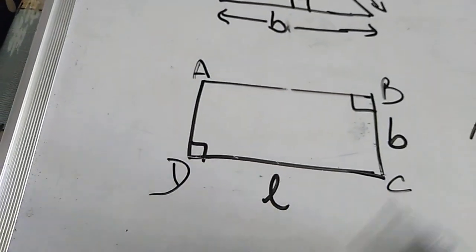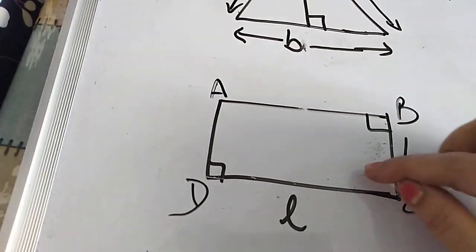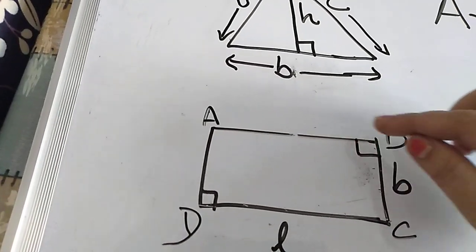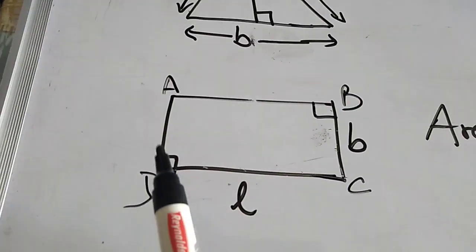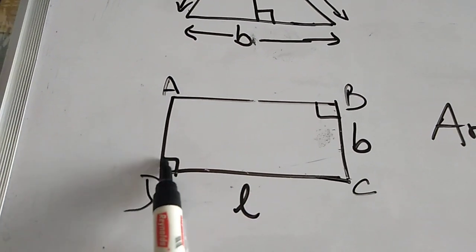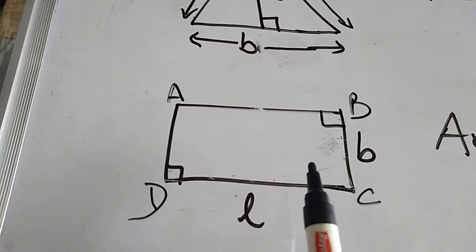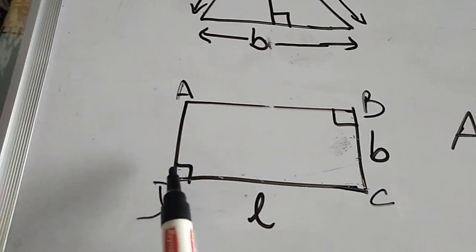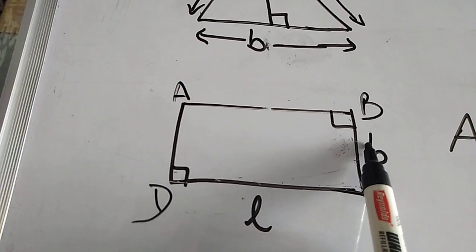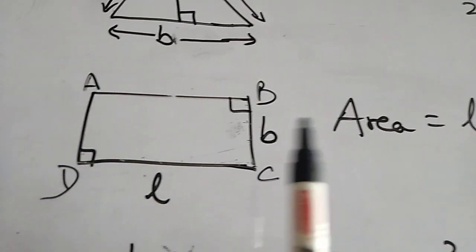It goes till here. From here it has started and the length goes to B breadth. So that is why we say, just as we calculated the number of children in the class as the number of children sitting in each row multiplied by the number of rows, in the same way the area of a rectangle is length multiplied by breadth. I hope the concept is clear. So area of a rectangle is length into breadth.